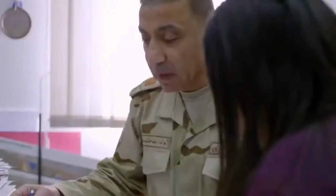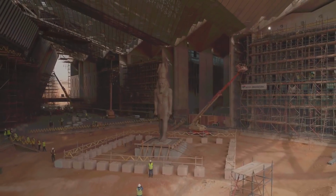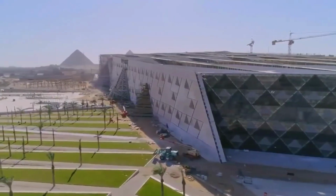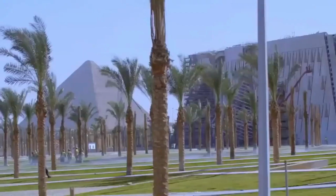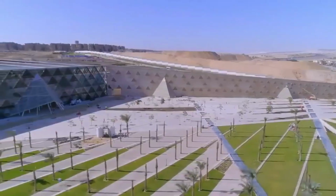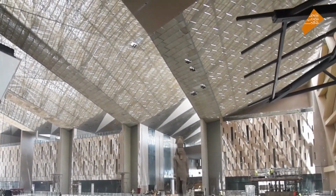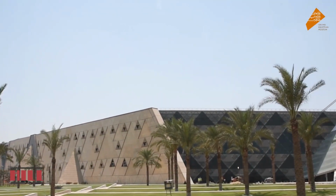The grand plan of the Grand Egyptian Museum, GEM, has been in progress for almost 2 decades and will finally come to fruition this year. The building design was decided via a competition in 2002 and finally began construction in March 2012. Since then, work has been underway non-stop to prepare for the official opening of the museum, which was pushed back